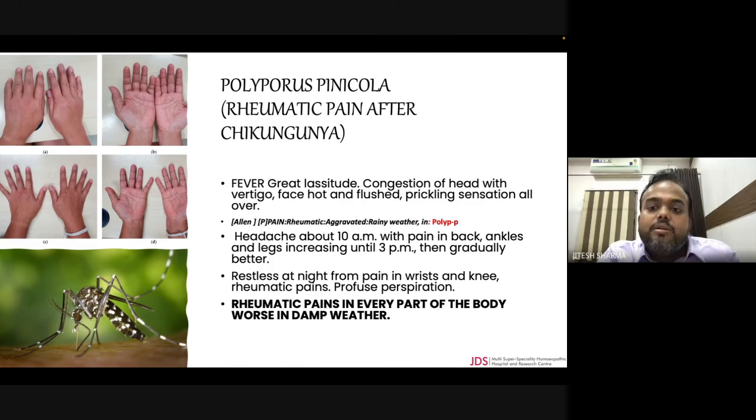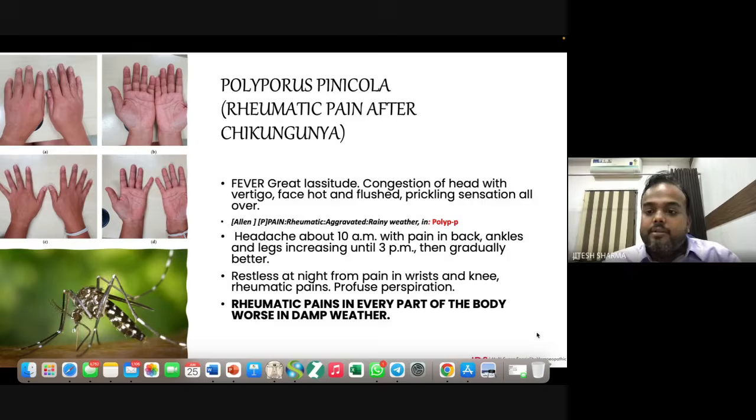Fever, great lassitude, congestion of the head with vertigo, face hot, flushed, pricking sensation all over, headache about 10 a.m. with pain in back, ankle, and legs, increasing until 3 p.m. So it starts with headache and all the pain, back, ankle, legs, from 10 a.m. to 3 p.m., and they get gradually better in the evening. But restless at night from the pain in wrist and knee, rheumatic pains, and they get profuse perspiration. So there's a line: rheumatic pains in every part of the body, worse in damp weather. Think of